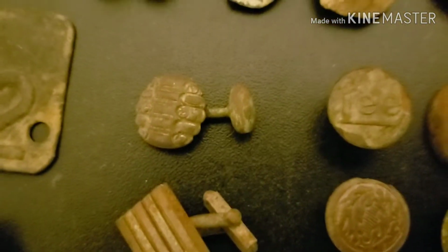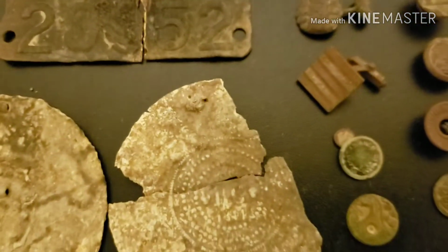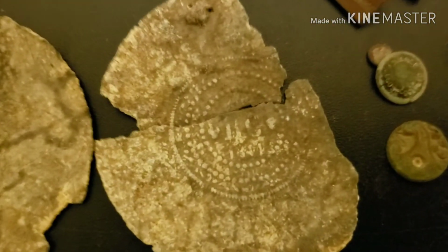I got a couple of cufflinks as well. I really love finding cufflinks. Those are one of my favorite relics to see come up. And then I was able to get onto an Indian village with my buddy Ted, and I got these really